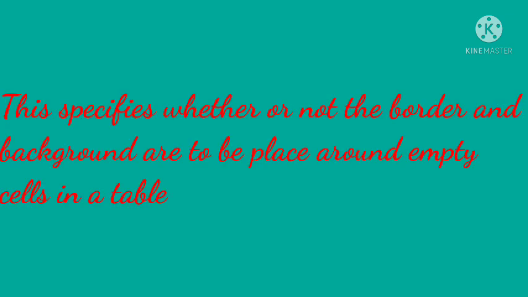The fifth table property is empty-cells. The empty-cells property selects empty table cells for the purpose of specifying whether or not to display borders and backgrounds on them. In other words, it tells the browser whether or not to draw borders around a table cell or fill in the background when that cell contains no content.